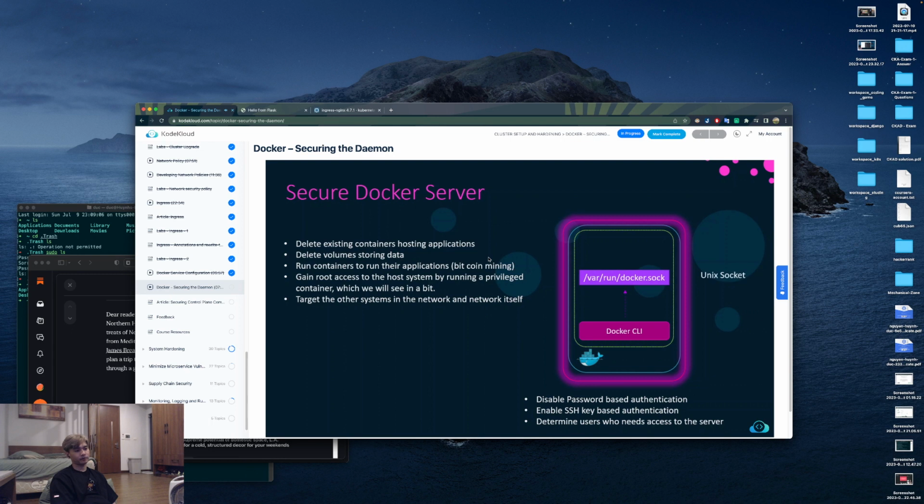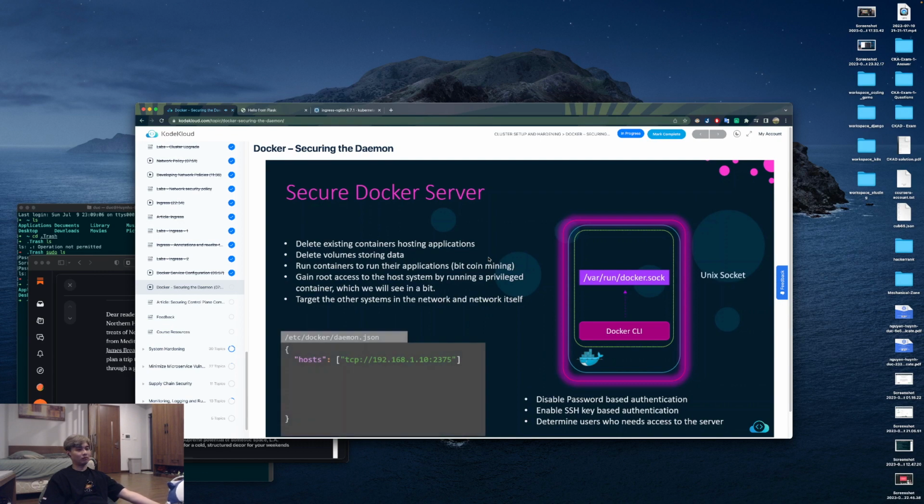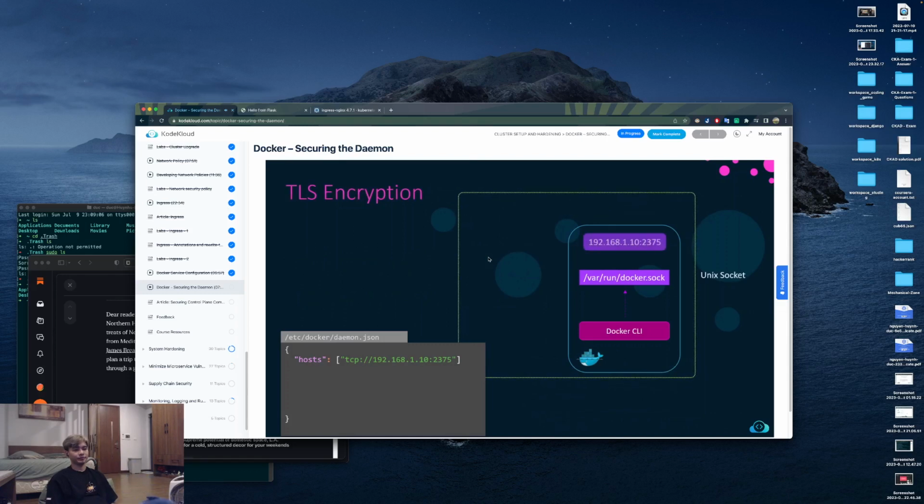We also discussed configuring external access to the Docker daemon. So at times, you may really have to allow access to the Docker daemon from another management host, or say a user's laptop, or for integration purposes with other tools. Now this must be done only if it's absolutely necessary. So for this, we add the hosts option to the daemon.json file. And that now enables access to the Docker daemon from outside of the Docker host itself through an interface on